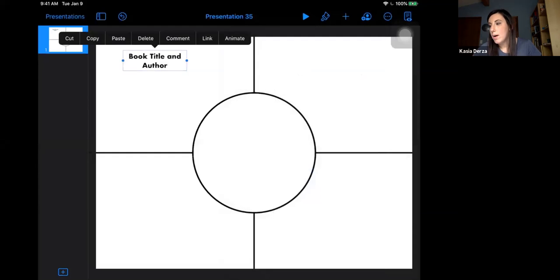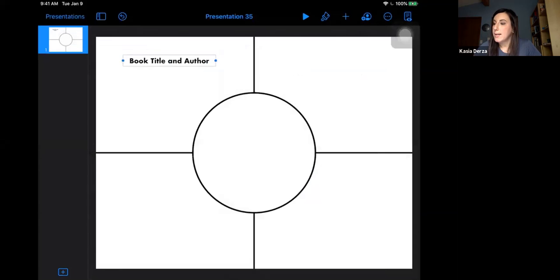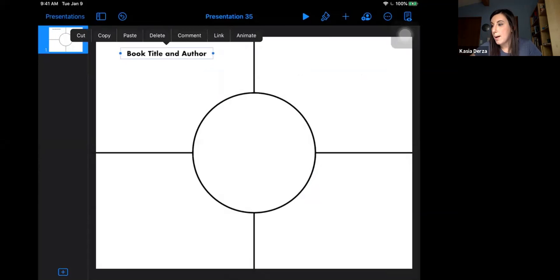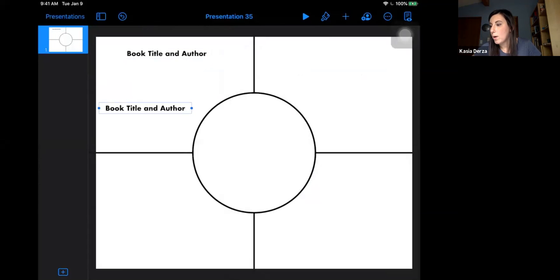And is there a way I can move around so it's all in one line? Yes, I can. So I'm gonna pull on one of the blue dots, and now I have one line, what I want it to do. So now all I'm gonna do is copy this and paste it and just change different text. So I could go to plus and add text, but I'm just gonna copy and paste this into all 4 boxes and just change the text. So I'm gonna go ahead and just copy and paste it. And I'm gonna write in here